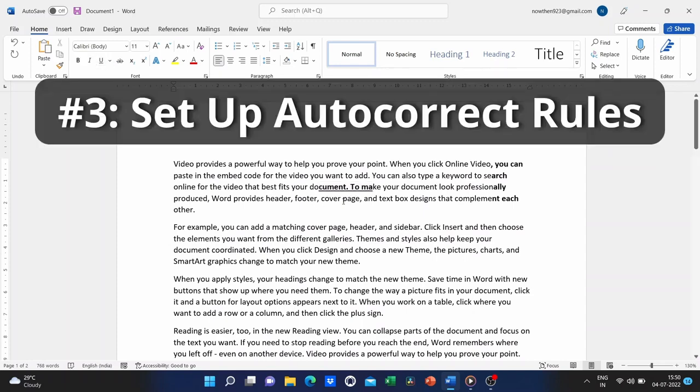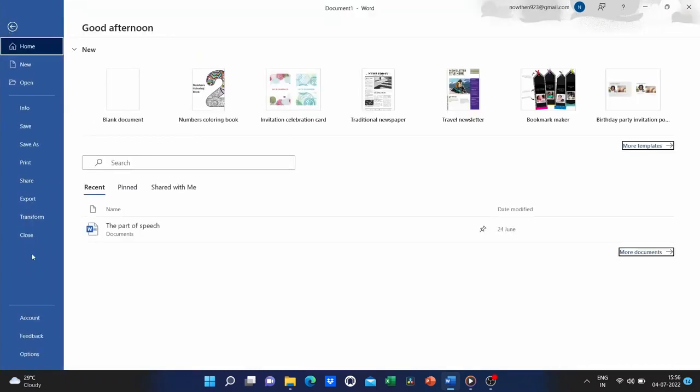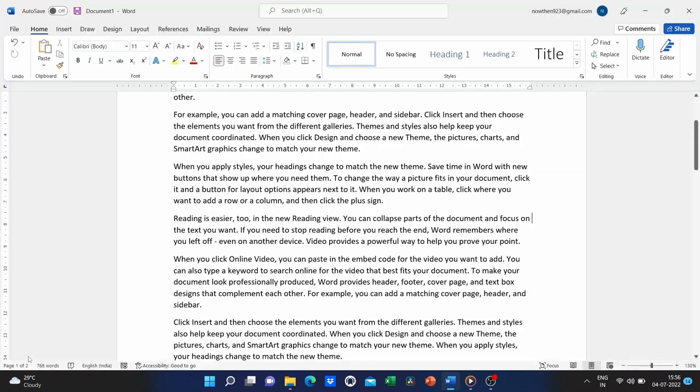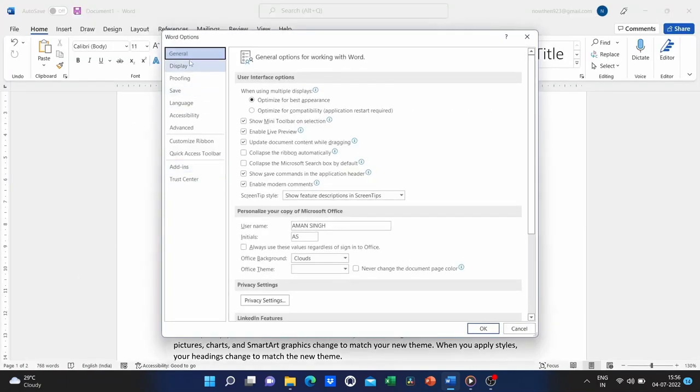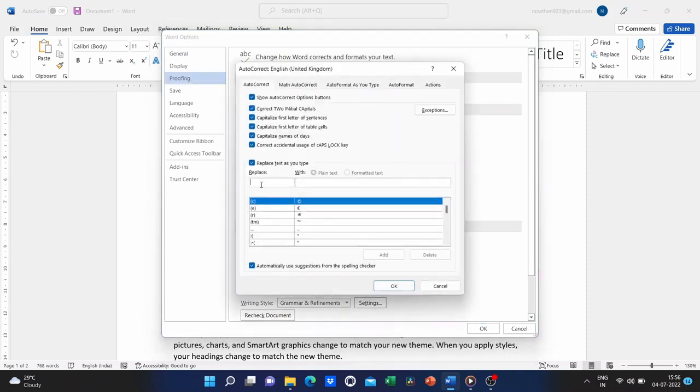Our next Microsoft Word hack is that you can change or set up autocorrect rules. To accomplish this, simply open the File menu. Select the More options from the drop-down menu. Select the Proofing tab. And then click Autocorrect options to create shortcuts.